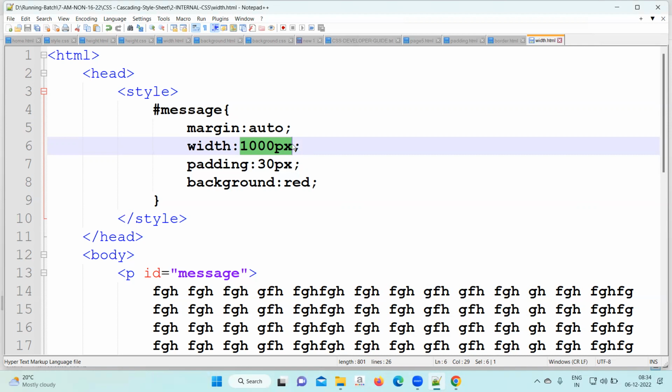Okay, now suppose we go here and we write 70% as a width, right? It will present the same in my system and the same in your system. If anyone opens it in a mobile phone, in that also it will display 70%. But again, we have media queries to handle the other conditions. But now we are understanding pixel and percentage. Pixel means fixed, percentage means according to the screen. How much is the screen? In that it will take,